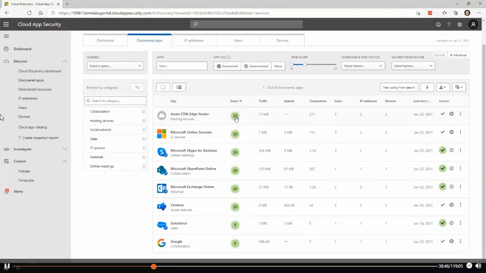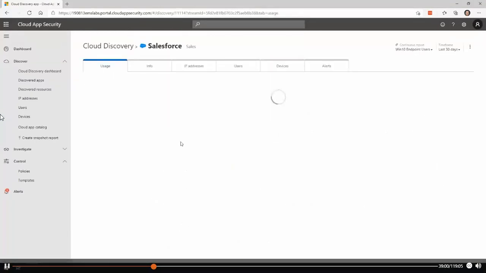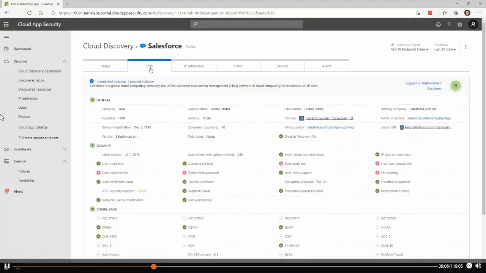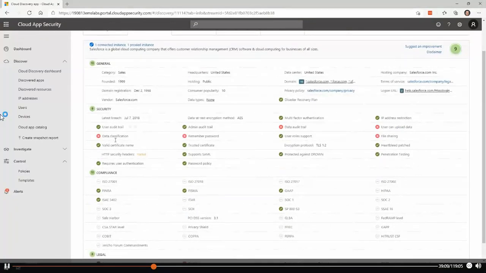We have this score that we can give, between 0 and 10, to show how much we trust this application. What we can work with on this specific topic is we can go to the usage, to the info about the application, and we see all the different mechanisms that are included inside of these applications and define whether it is a trustworthy application or not. So what we can do basically is that we have the option to see do we trust the application